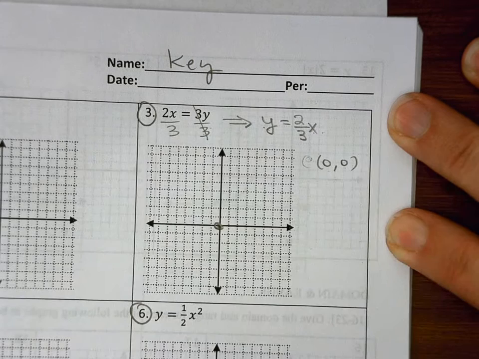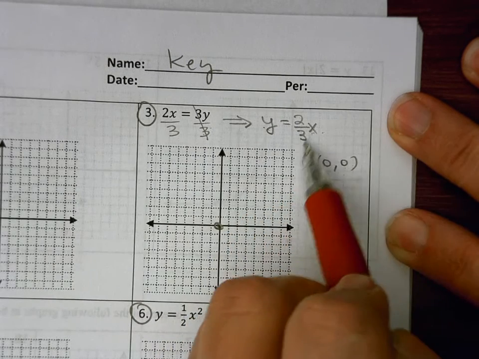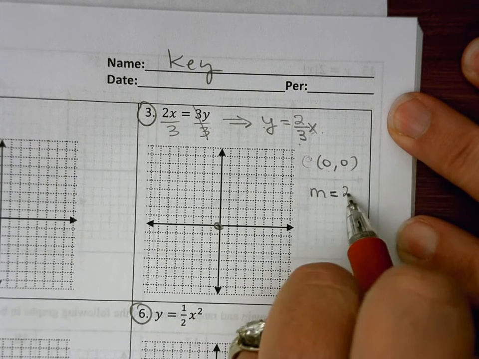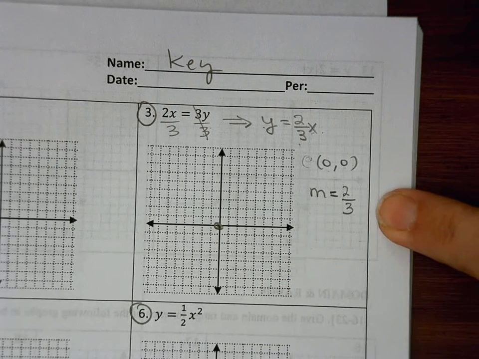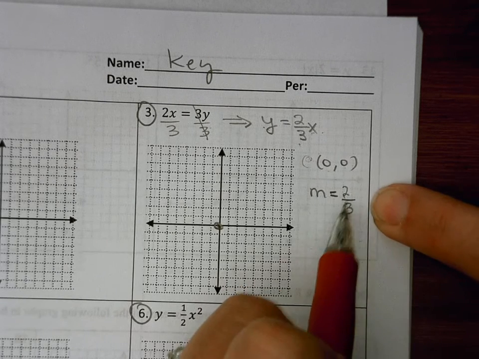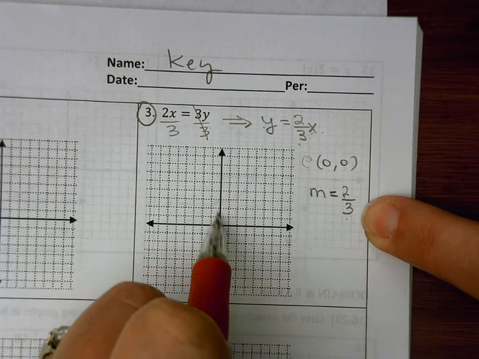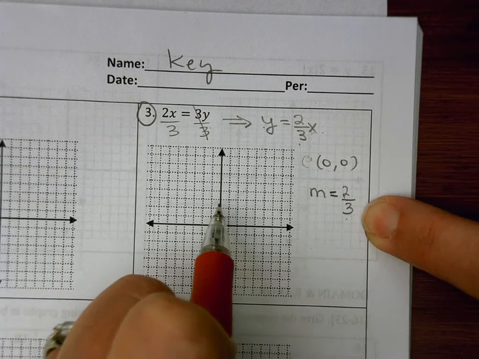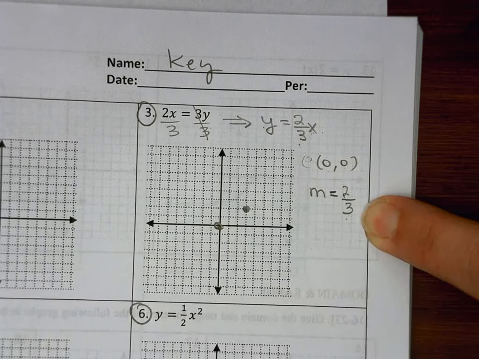And then my stretch or my slope is the number multiplying x. And so I'm going to use my slope to find my second point. So I'm going to rise 2 and run 3. So from my origin, I'm going to go up 2 because it's positive, and to the right 3 because it's also positive. And that's enough points to graph a line, but to find my additional point, I'm going to make